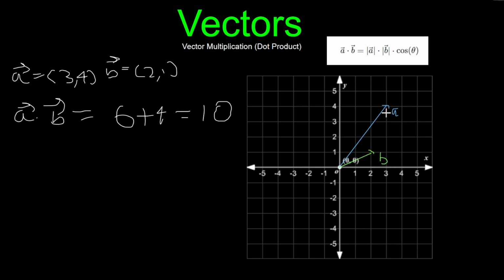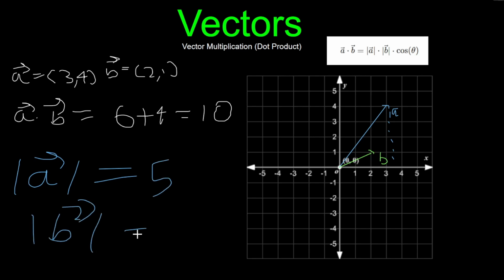This is a vector in a 2D plane, so we can find this with the Pythagoras theorem. This length is 4 and this length is 3. So we can find the length of this diagonal with the Pythagoras theorem, square root of 3 squared plus 4 squared. Similarly, we can find the magnitude of vector B also. The magnitude of vector A is the square root of 3 squared plus 4 squared, which is 5. And for vector B, the magnitude is nearly